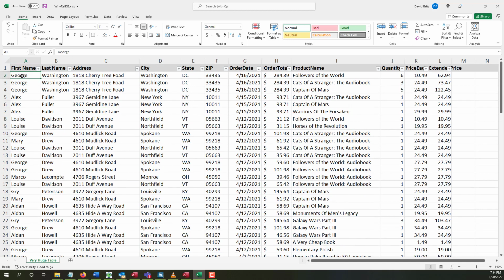You have it all nice in an Excel spreadsheet, and things look pretty good, right? I mean, you have the first name, last name, address, city, state, zip, the order date, the order total, and of course, for the purposes of example, there's probably other columns you would have in here, email, phone number, etc. But we're just trying to keep it simple here